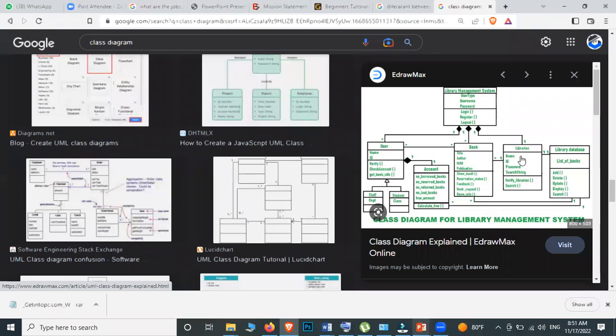And librarian and the library database having a connection. In a library, there will be one librarian. නේද? එකම එක librarian කෙනෙක් තමයි ඉන්නේ. He or she will have access to the library database. Only one database. So one-to-one association relationship. And then librarians are the ones who will be issuing the book.